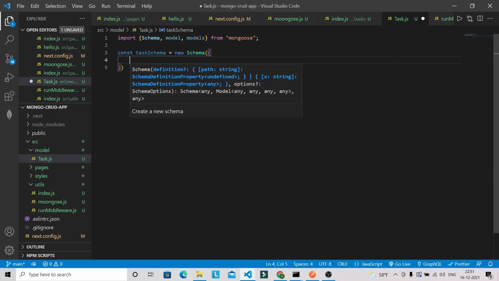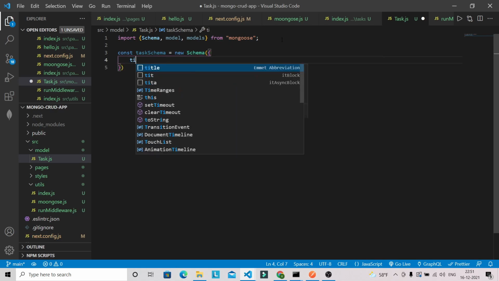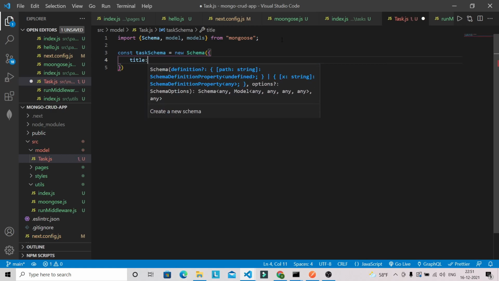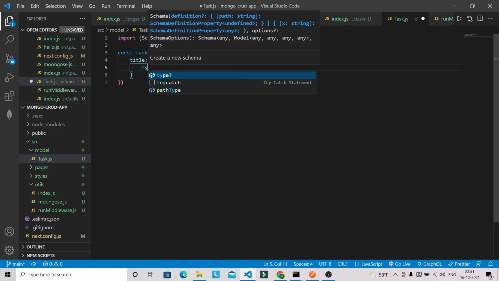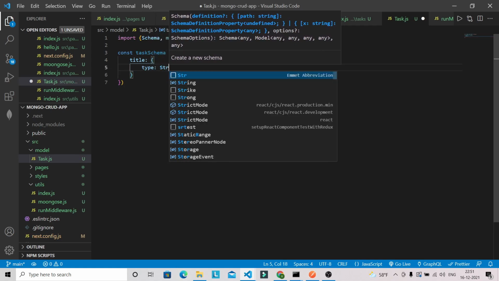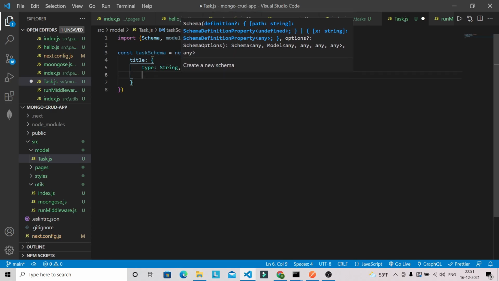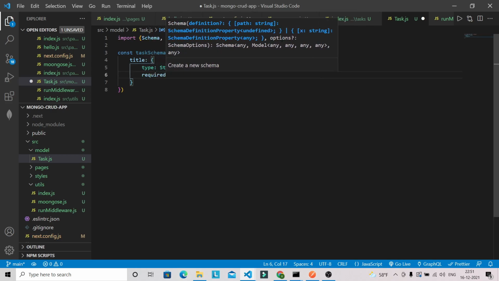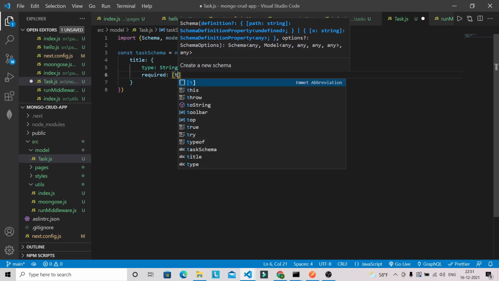Okay, and here we are going to have a title of the task, and we can specify type. So type will be string and it will be mandatory, so we can specify required, and we can give here true.